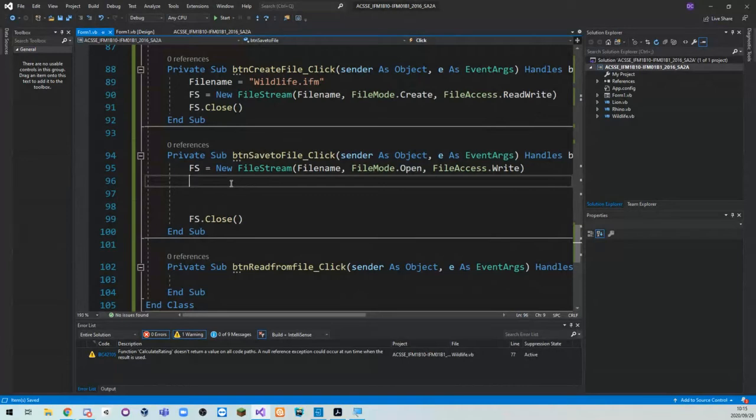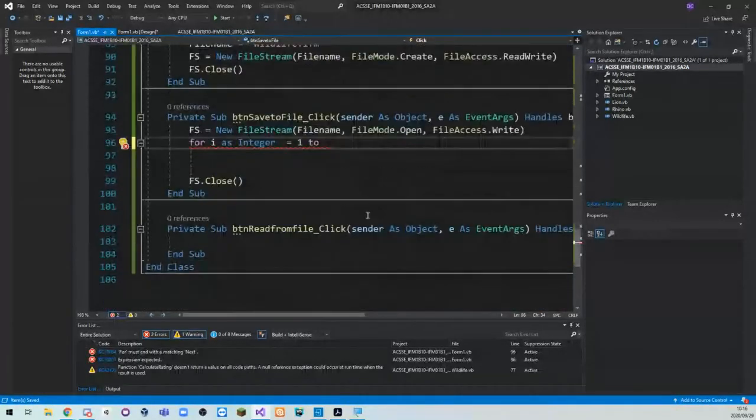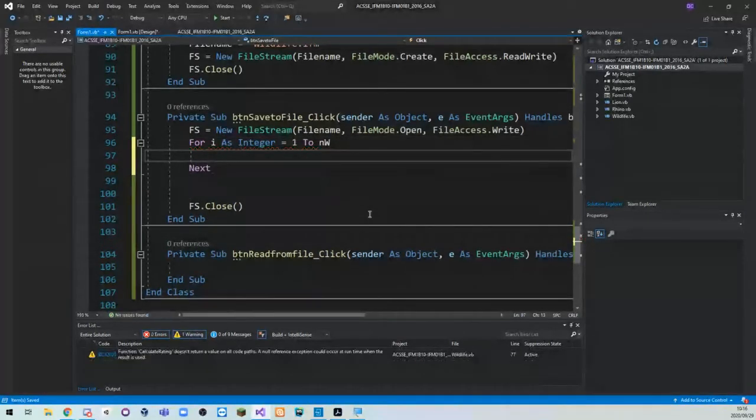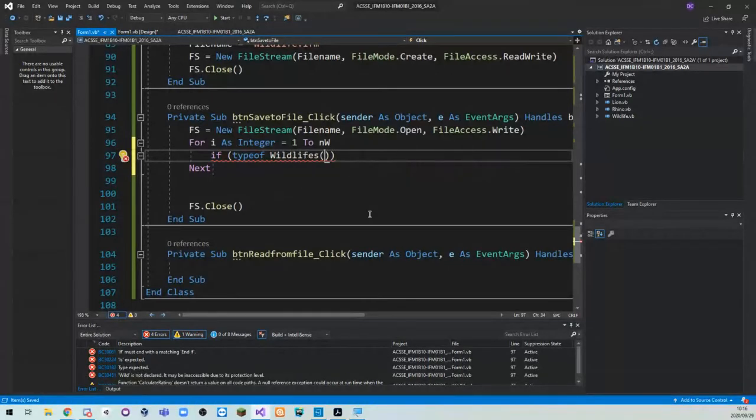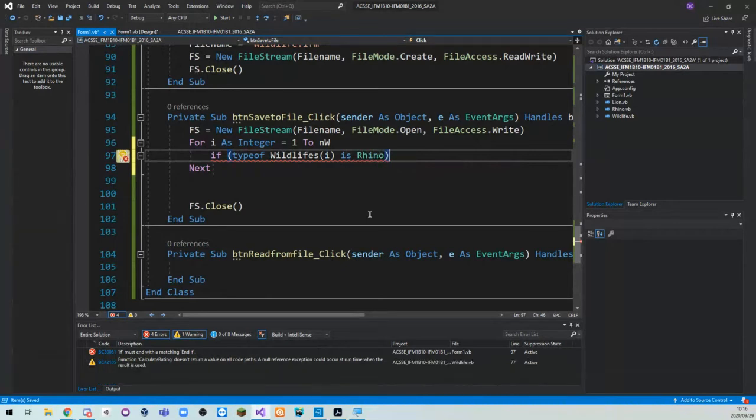If statement, good. What is the if statement checking? Type of, excellent. So we go if type of wildlife I is rhino, then